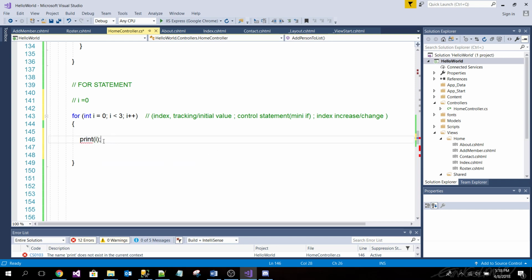I'm just making it up, but what it does is print whatever i is to the screen. Okay, so this prints i to the screen. That's some C language there, like printf.